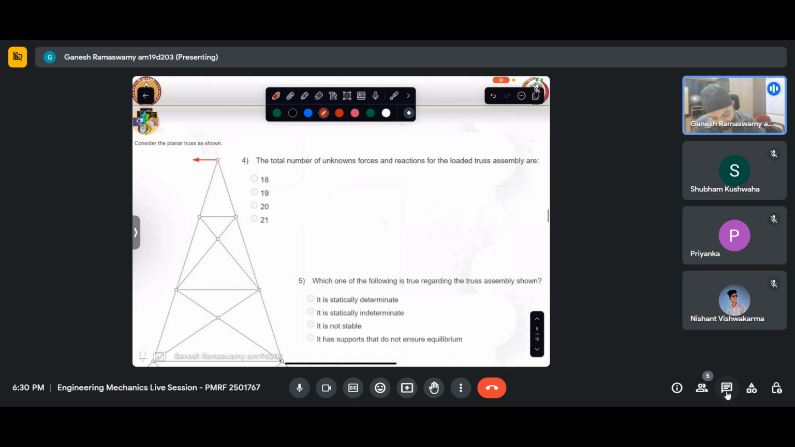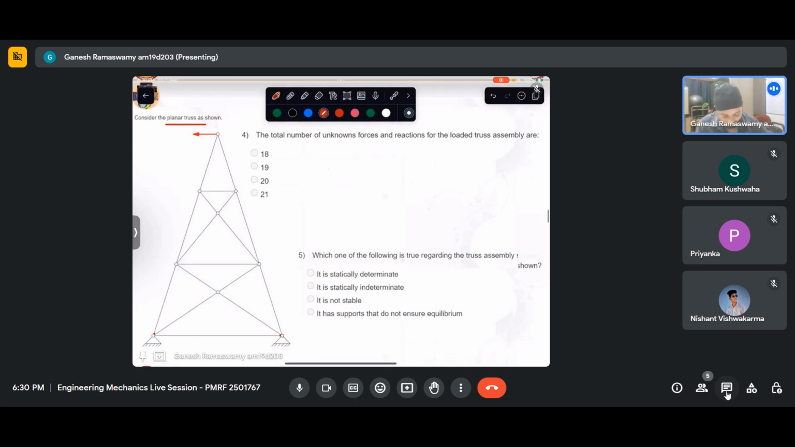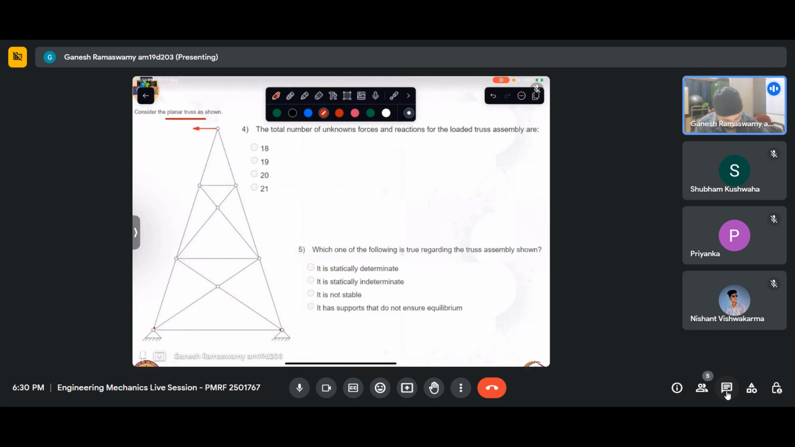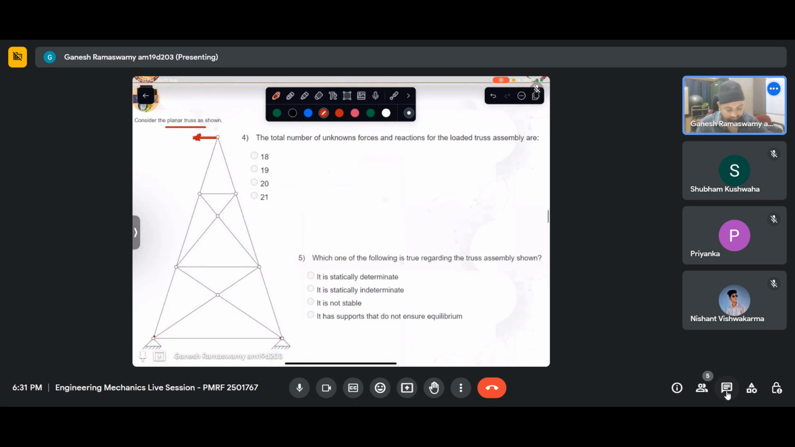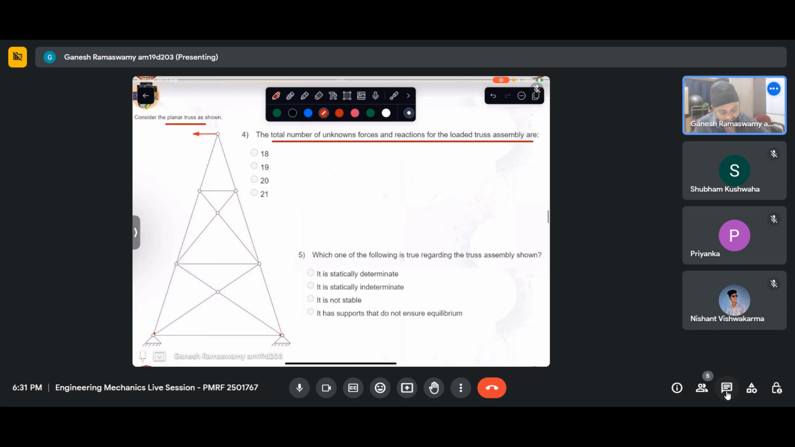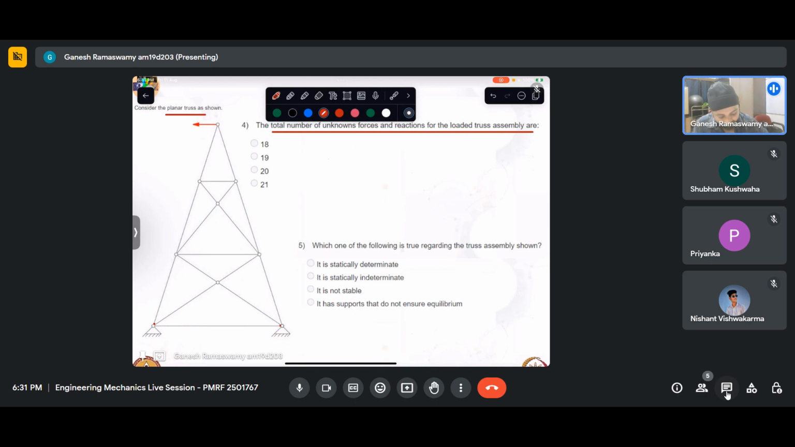Let us look at the next question. Consider the planar truss loaded as shown. So we have a truss like that. We have a pin joint here and we have a pin joint here, and it is loaded on the top with a force pointing that way. So the total number of unknown forces and reactions in the loaded truss assembly are how many is what is asked. So we know for a pin R is 2